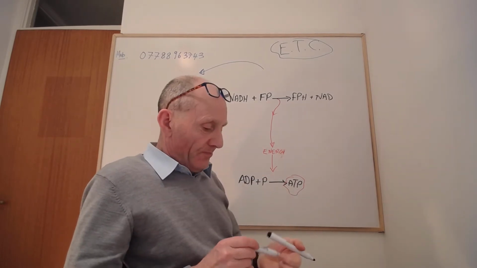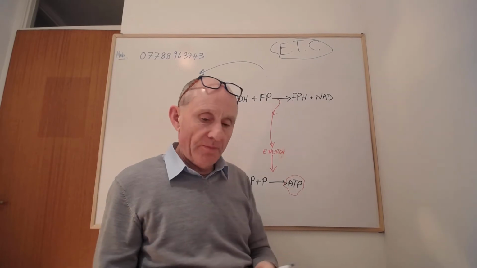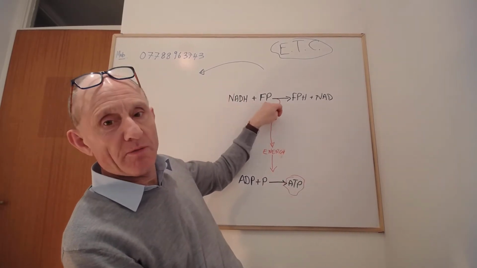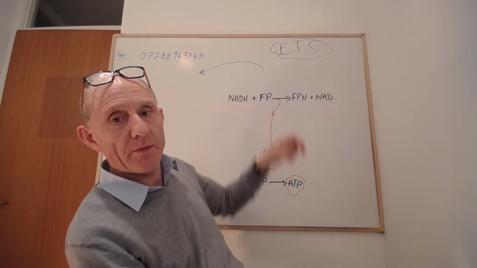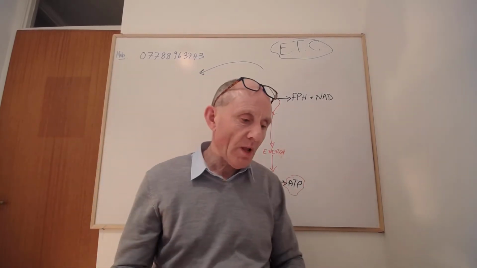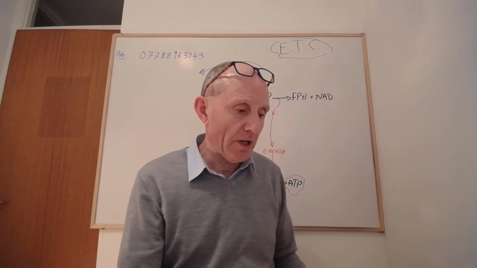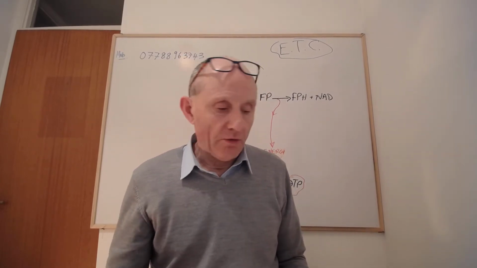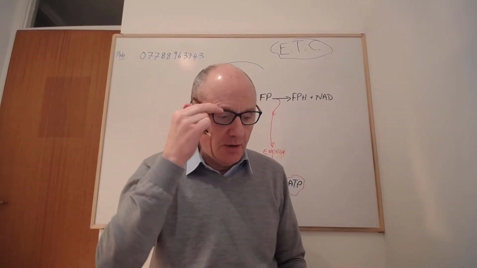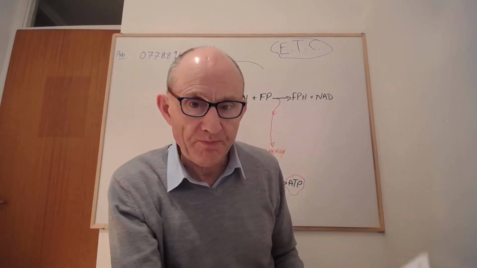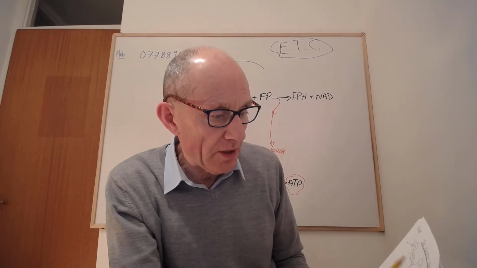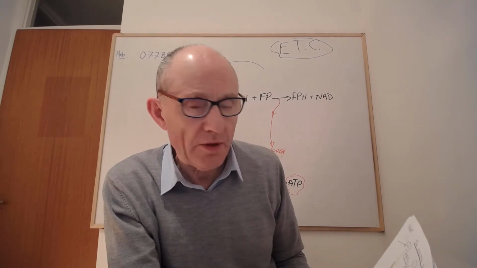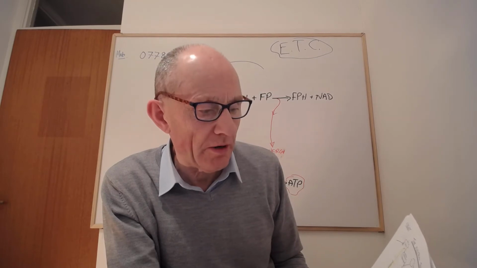And the end result is you've made an ATP. So there you are. That reaction up there involved just the flavoprotein taking the hydrogen from the NAD. And that's the first step, and you get your first ATP there. And then you can see from your electron transport chain what happens next. Your reduced flavoprotein then passes its hydrogen on to the next carrier,